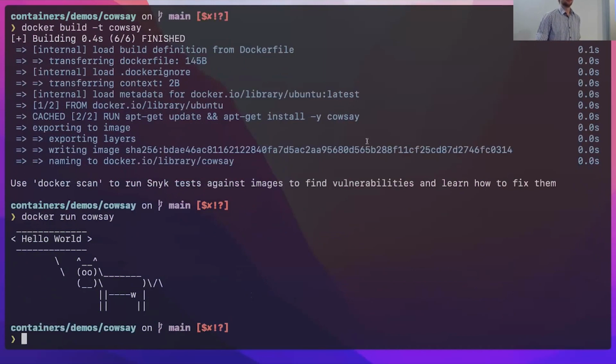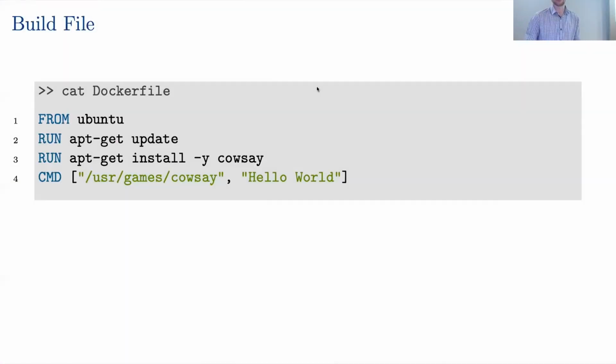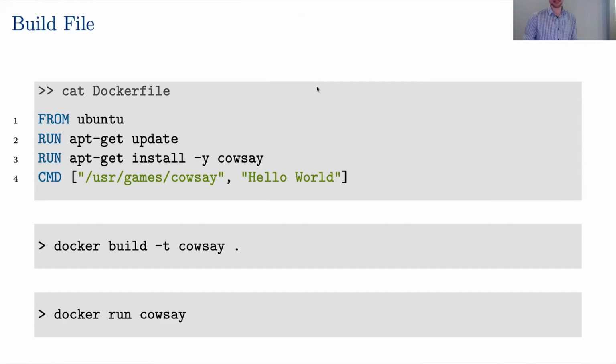And we get that. So for anyone who hasn't used Cowsay, this is what it looks like. You can give it some sort of argument and it can spit it out saying it from a cow. So those are our two commands to get this running. Now,